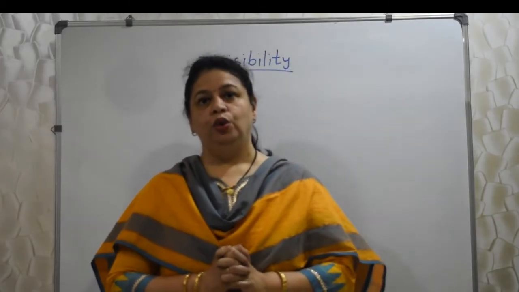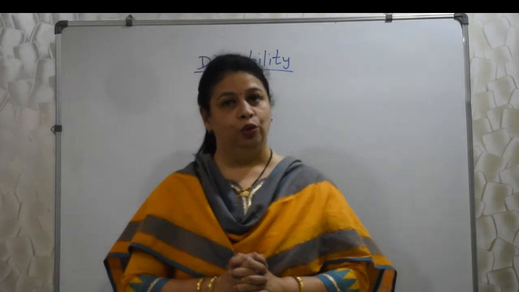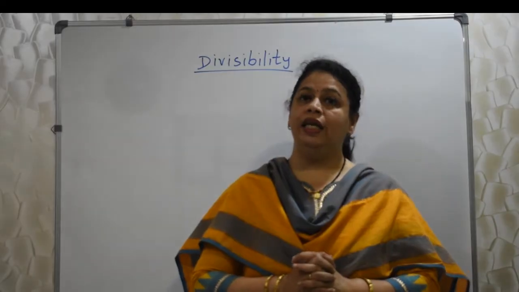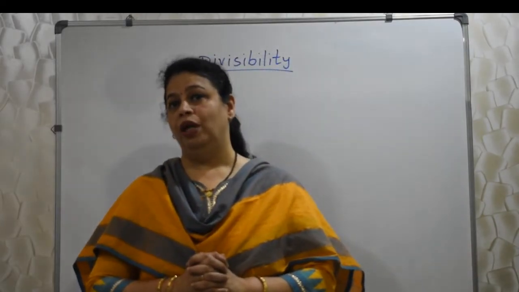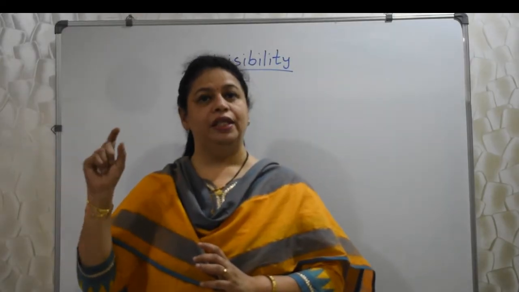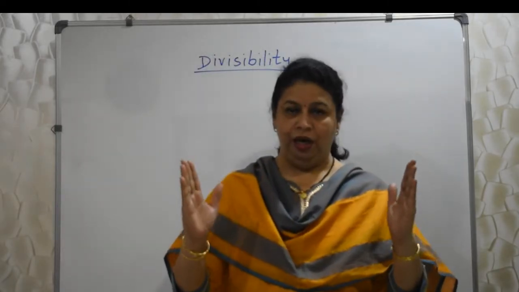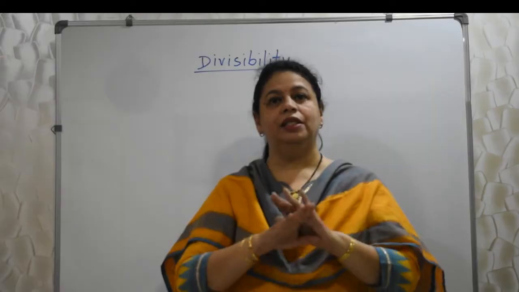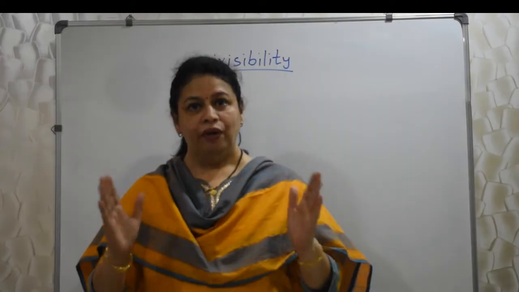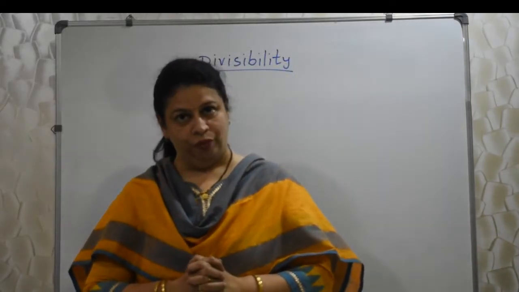For example, to revise, when we say a particular given number is divisible by 2, it is an even number. How do you know whether a particular number is an even number? We just have to see the units place. If it is 0, 2, 4, 6, 8, then the entire number is an even number. And when the number is even, it is completely divisible by 2. So whenever you see an even number, you can straight away say that it is divisible by 2.